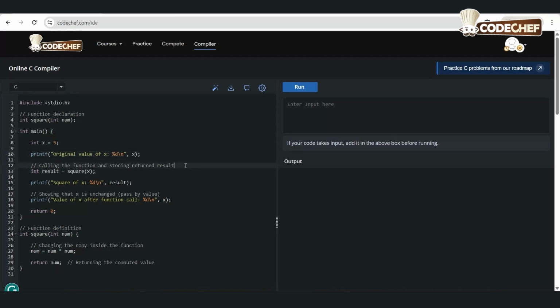Now here we call the function and store the return result. Int result = square(x). We call the function square and pass x. It's important to remember a copy of x is sent to the function, not the original variable. Whatever happens inside the function stays inside the function, and the return value from square is stored in result. Now this printf statement prints the return value. Now our next printf statement, this line proves pass by value, that x remains unchanged even though number was modified